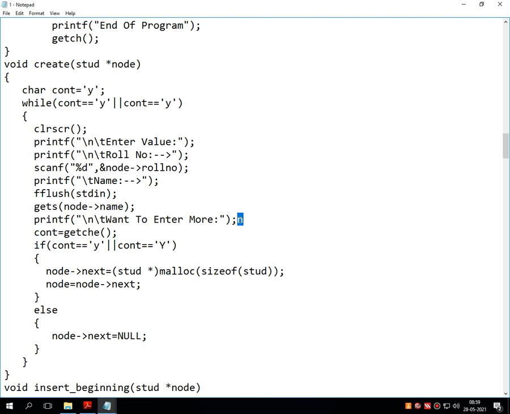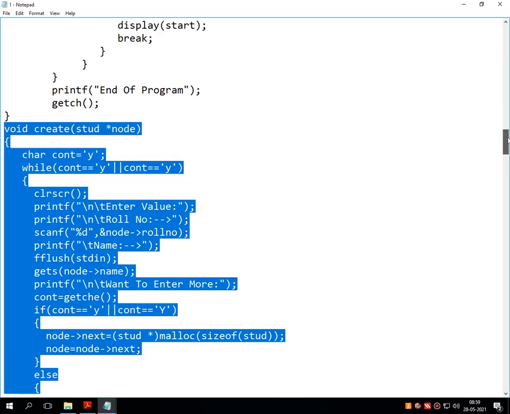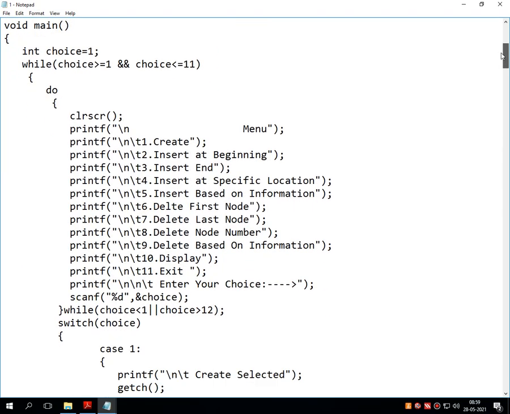First node references the second node, which references the third node, which references the fourth node, and suppose at the fifth node I press N, then into the address part of the fifth node it stores null. So in my single linked list, a total of 5 nodes are created. So in this way the create function works. Now the program continues. Suppose I select insert at beginning.